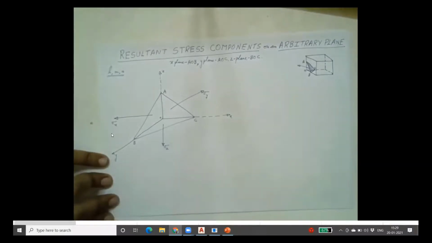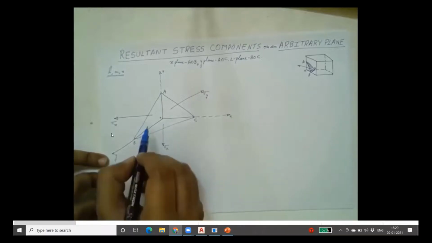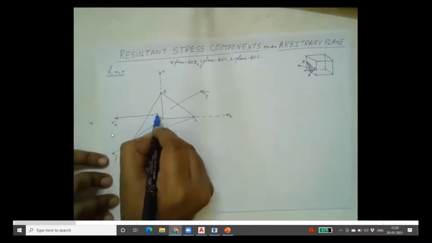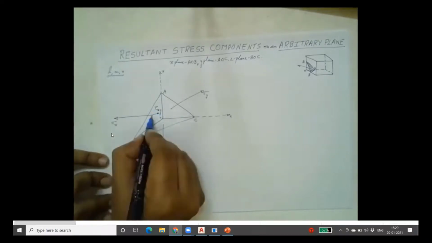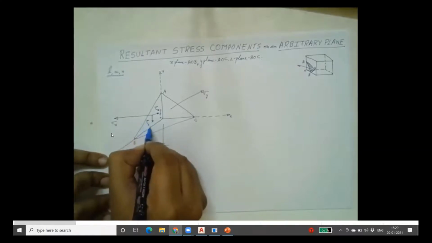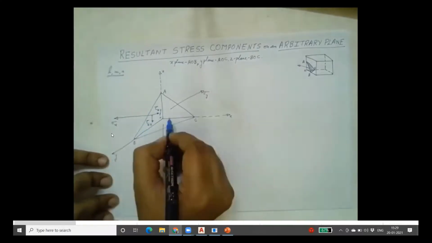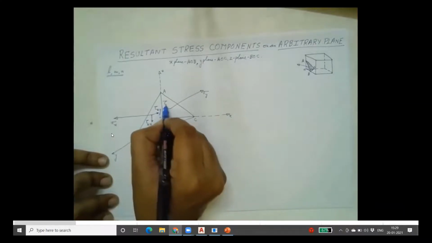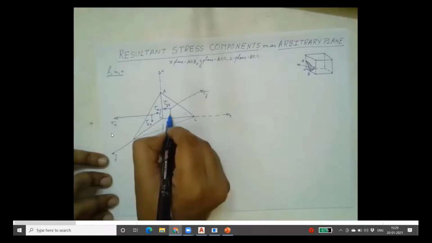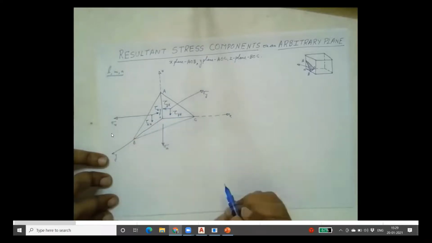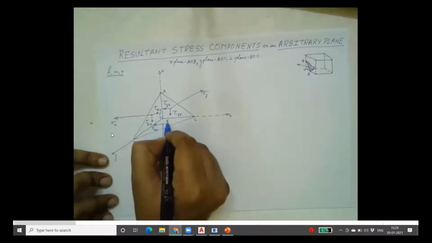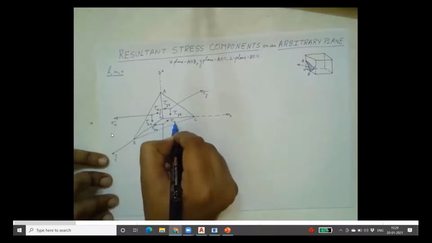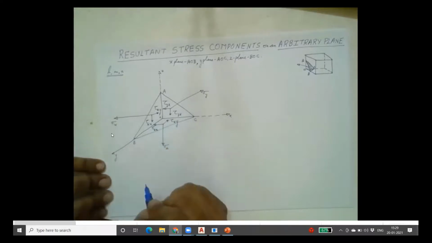Similarly, there will be shear stresses on each plane. Now shear stress on x plane in y direction will be like this. This is shear stress on x plane in y direction. Similarly, shear stress on x plane in z direction. Next, shear stress on y plane in x direction. Then here shear stress on y plane in z direction. Similarly, on z plane, shear stress on z plane in x direction, shear stress on z plane in y direction. So these are the stresses developed in the body due to applied external forces.